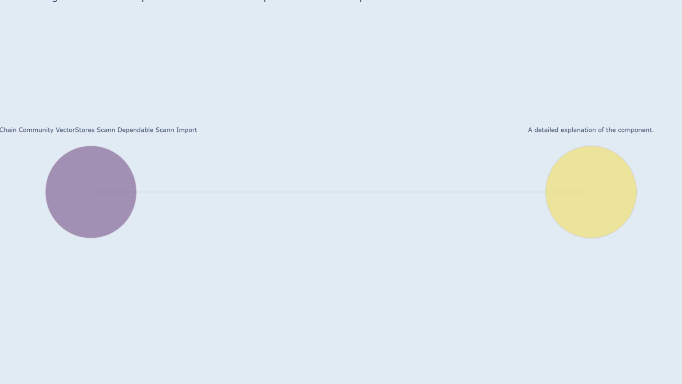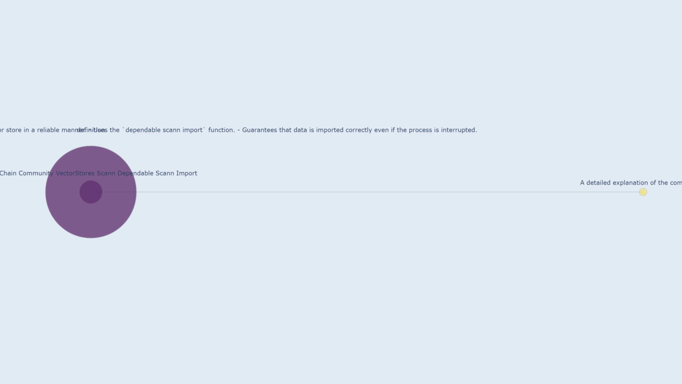LangChain Community Vector Stores: ScaNN Dependable ScaNN Import. Elaborated description of each component and their interactions. A mechanism to import data into the ScaNN vector store in a reliable manner. It ensures data integrity by employing the dependable ScaNN import function, which guarantees accurate import even if the process is